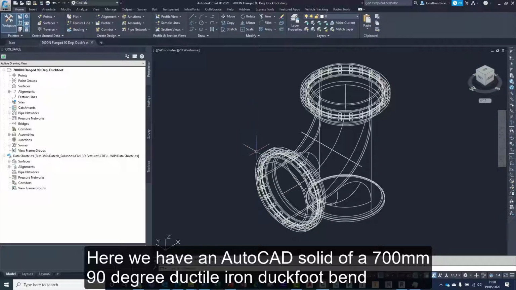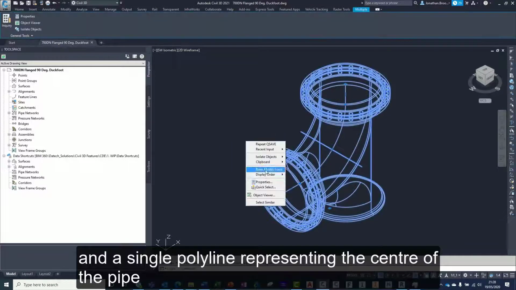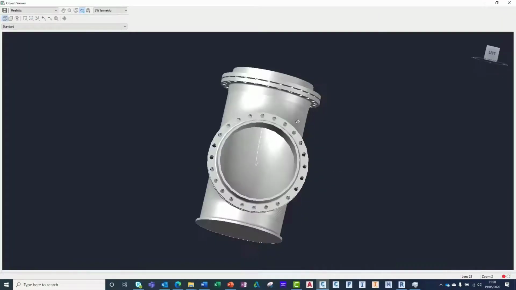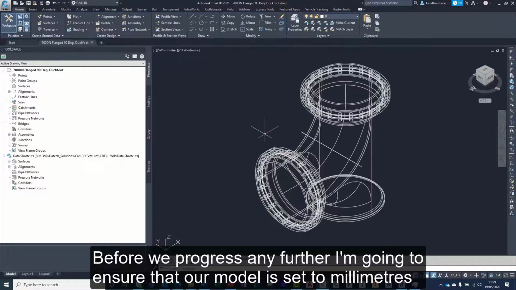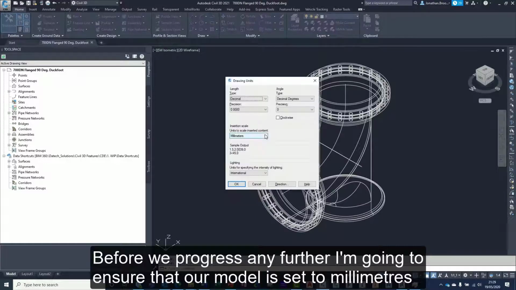Here we have an AutoCAD solid of a 700mm diameter 90-degree ductile iron duct foot bend and a single polyline representing the centre of the pipe. Before we progress any further, I'm going to ensure that our model is set to millimetres by typing units into